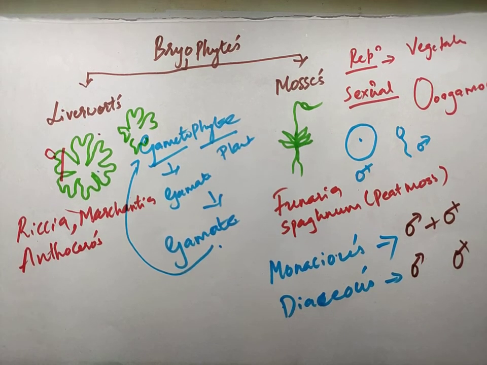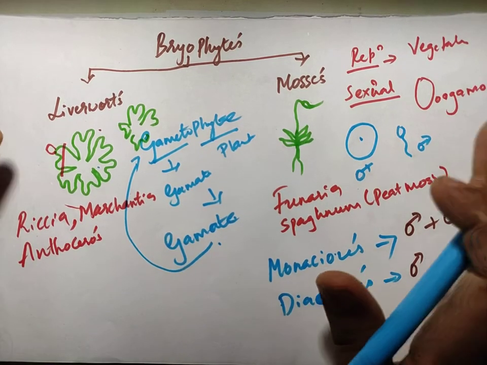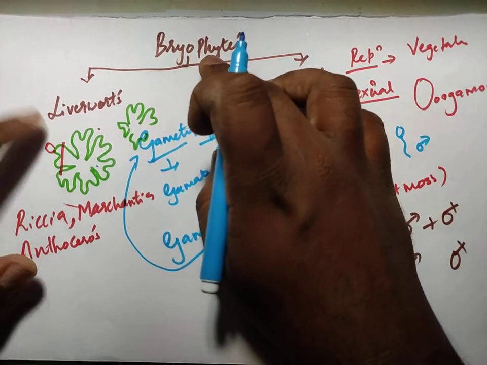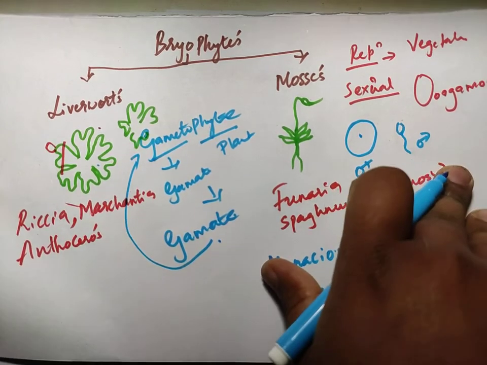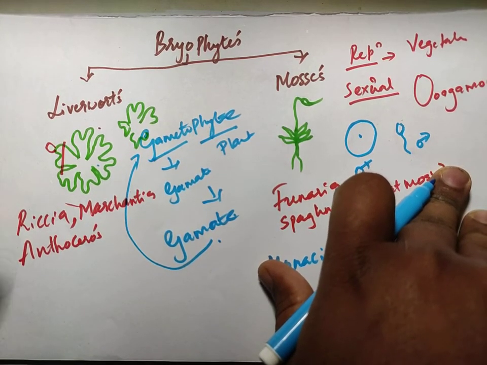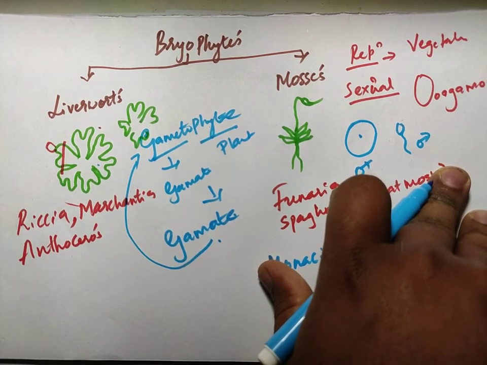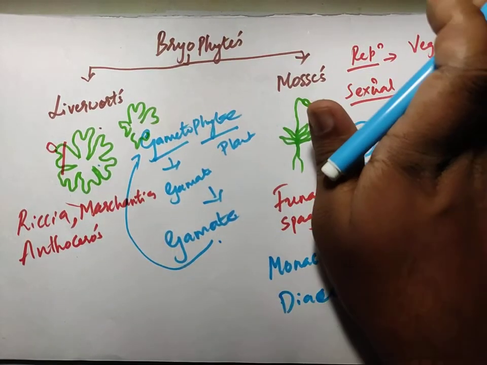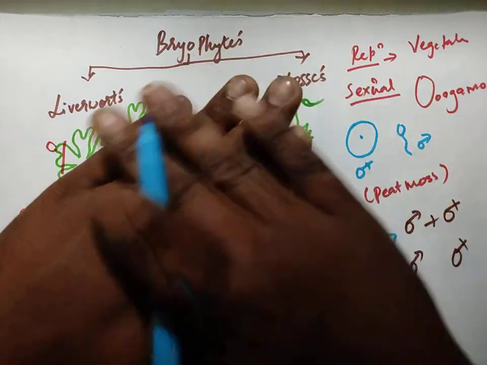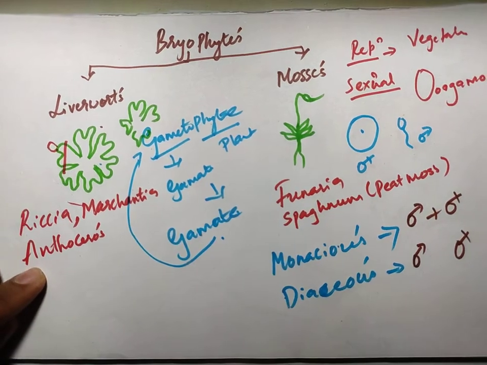Now, what will happen? Ultimately, there should be the formation of the gametes. Okay. Now there are many species in the bryophytes, even in case of the liverworts, what we say. Okay. That is Riccia, Marchantia, Anthoceros, and all those things. Okay. Now Riccia, they are going to have the male sex organs and the female sex organs embedded in their body itself. It means the structure is flat. Okay, the bryophytes are dorsiventrally flattened, but in case of Marchantia, it is not like that.